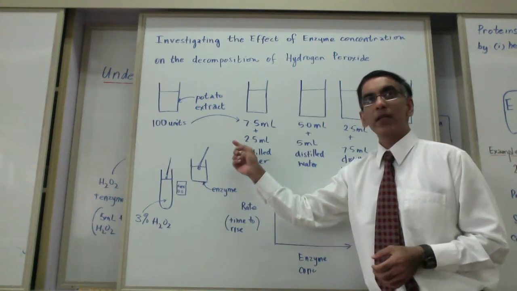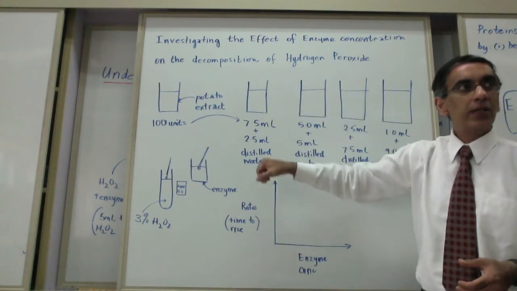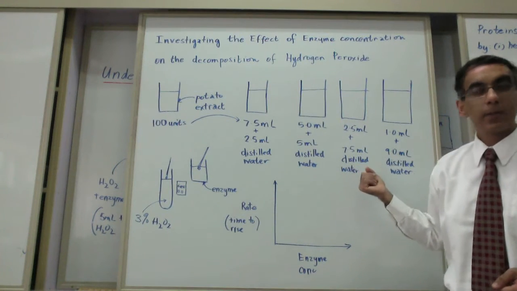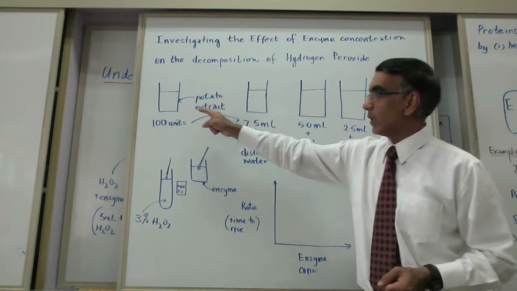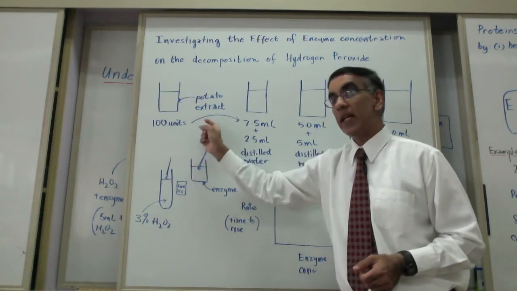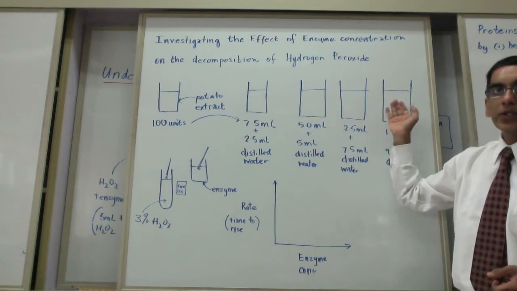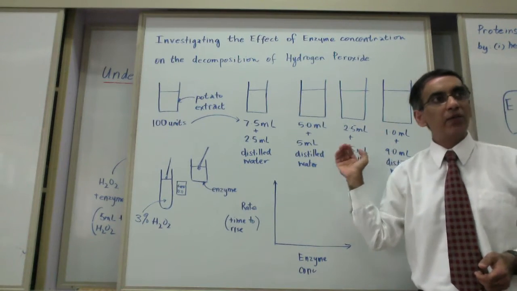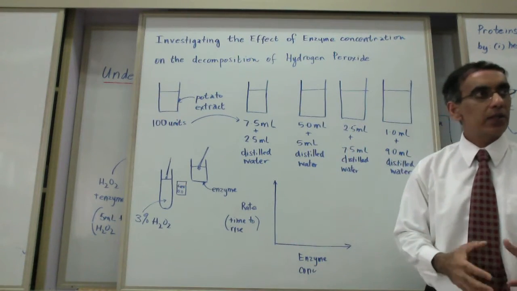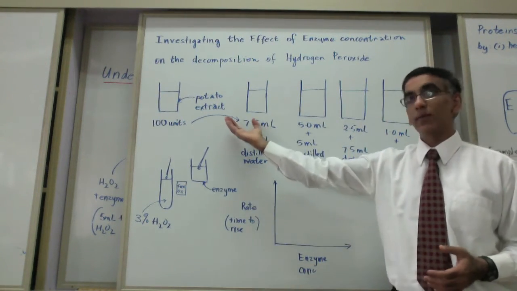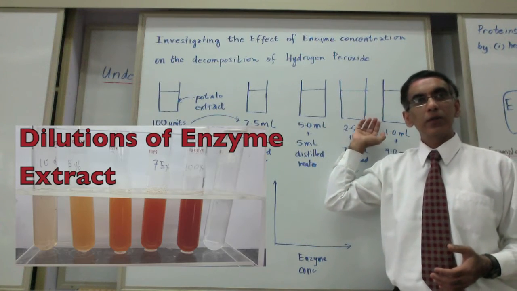If you're investigating something like enzymes, like we are doing today, just to model and to try out some things, then you are going to take your pure potato extract today and you're going to dilute it to get a range of 5 dilutions. A range of 5 when you're working with something like enzymes is recommended. You can work with more than 5 in your range if you like, but you want to have a range